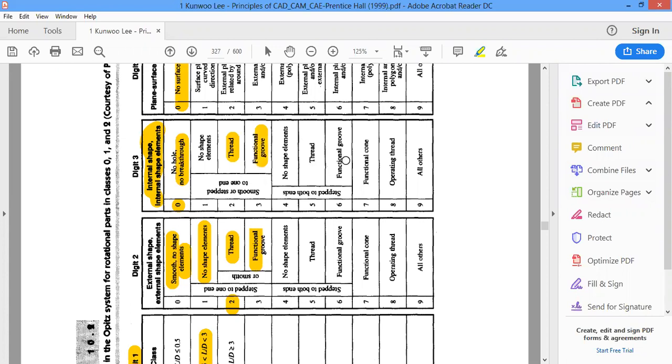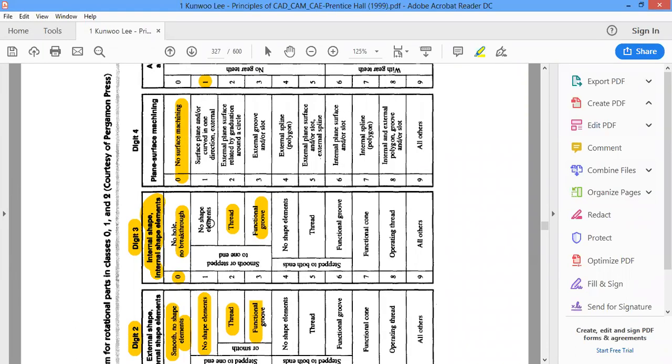So the second digit explains the outer surface, and the third digit explains the inner surface. For the second digit we can have external thread, grooving, taper turning, and so on. But on the internal surface, it can be solid or hollow, smooth finish, internal thread, and so on. So that is for the third digit.